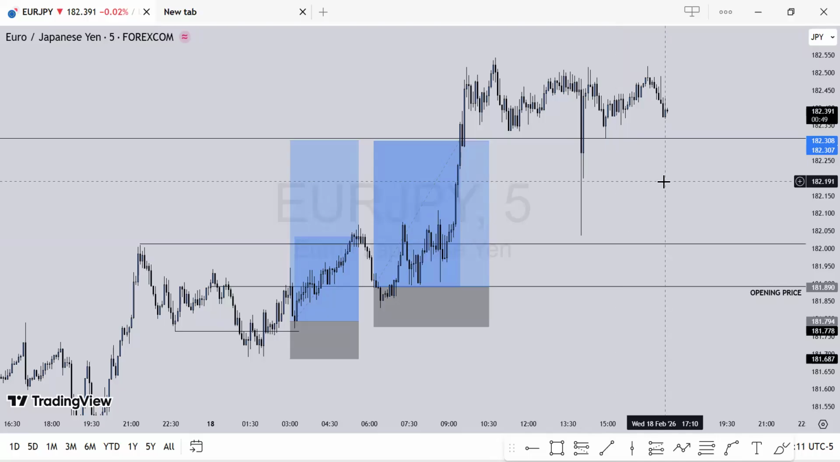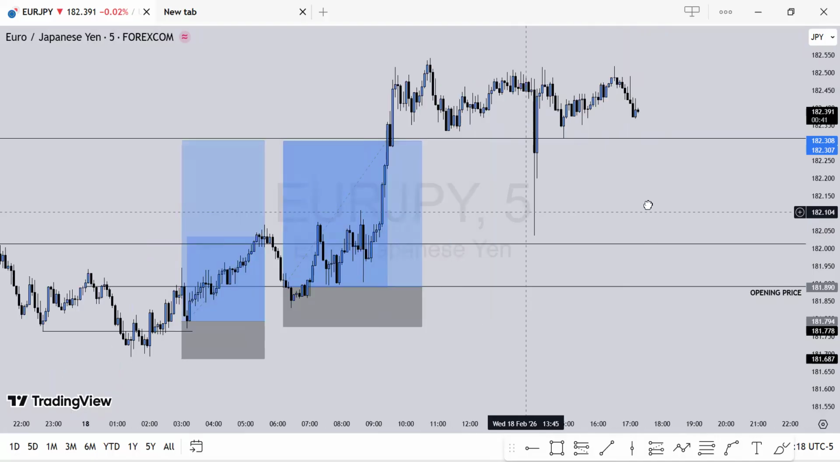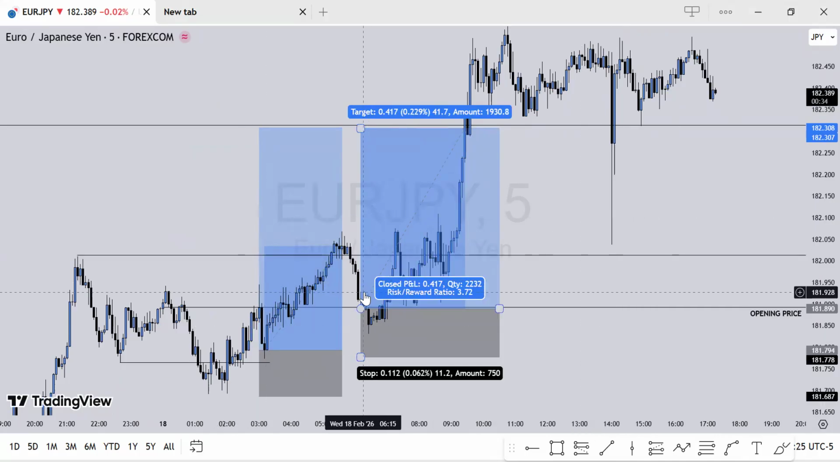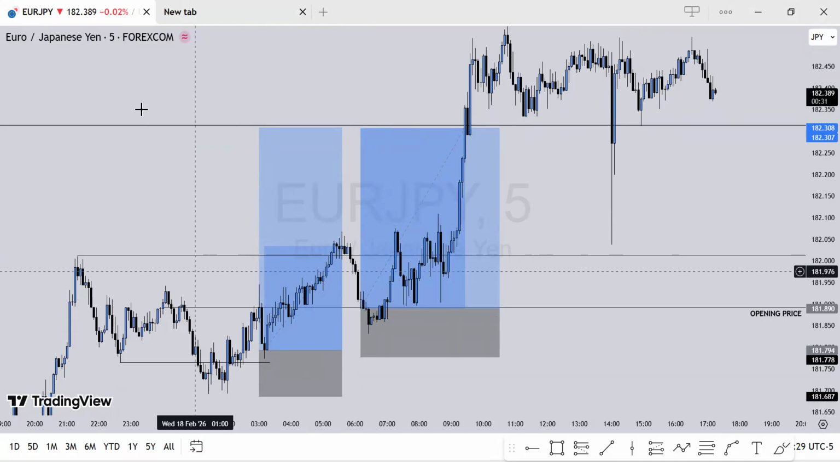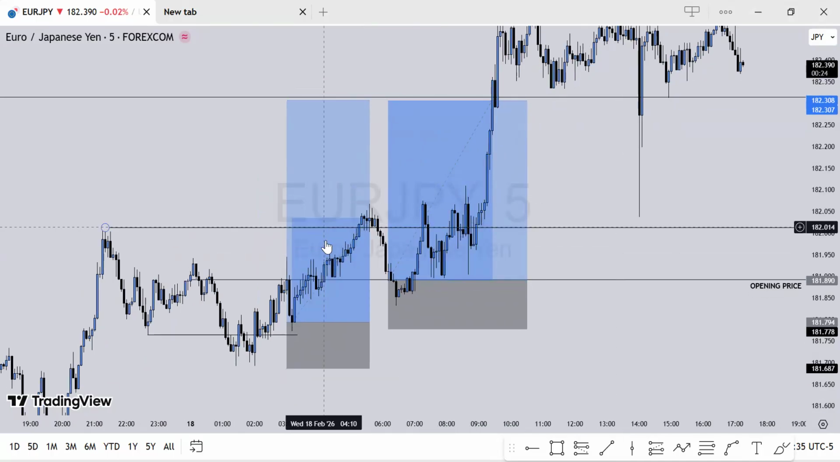Hello guys, this is the Maximum here once again, and I want to run a quick technical breakdown of the approach I used in calling out this trade, which I called out today, being 18th of February. This is EURJPY 5 minutes time frame, as you can see, and during London session today, we